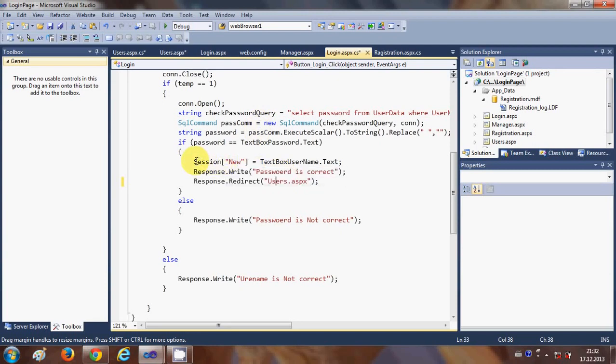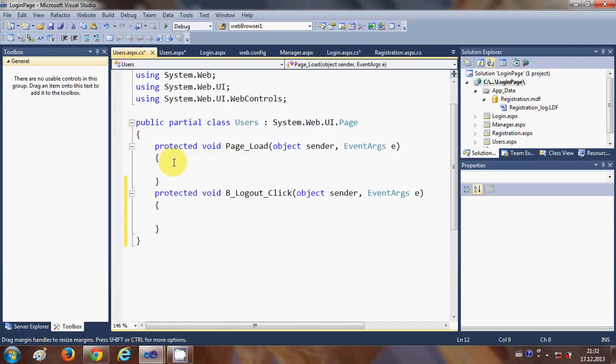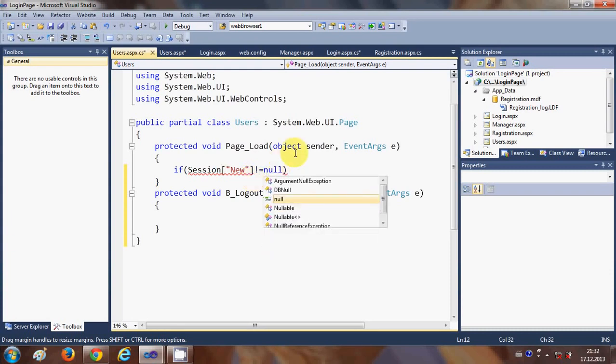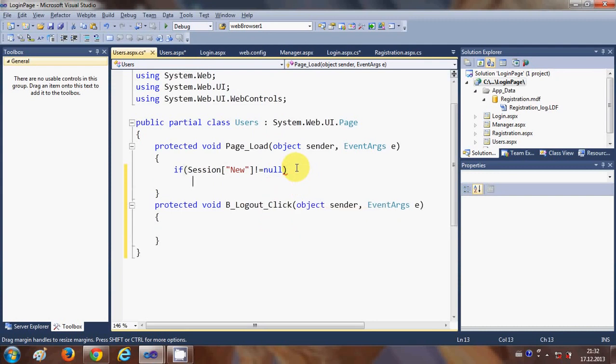Okay, so we have the session new from our previous video. So here you write if your session new is not equal to null. So if your session is not null, then what we will do is